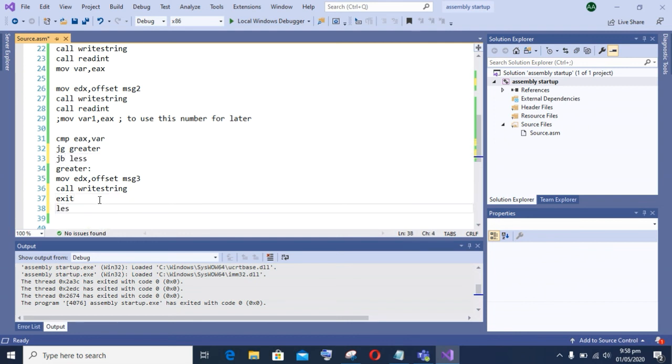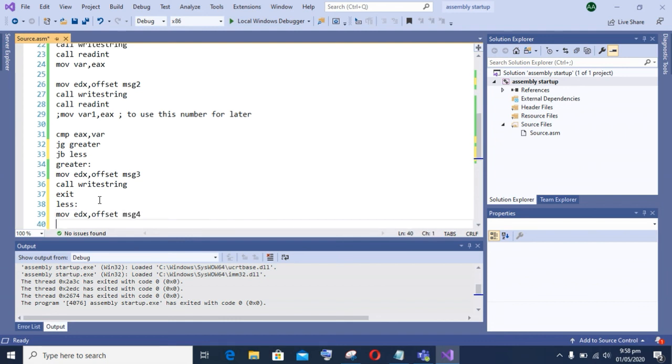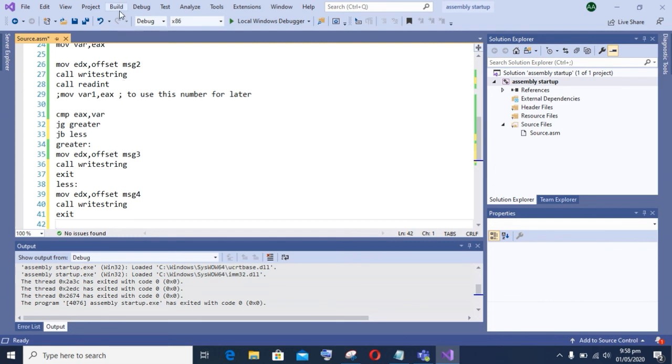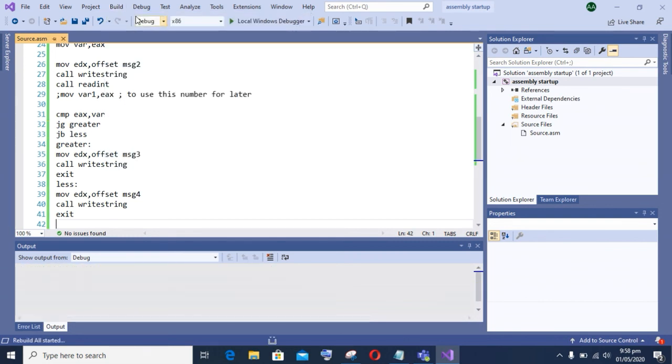You can use JL or JB, both, and after that less is our tag, and I am displaying the message. And exit is necessary after the end of every tag. And now build it again.